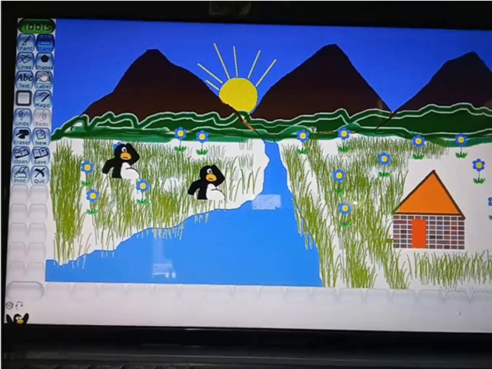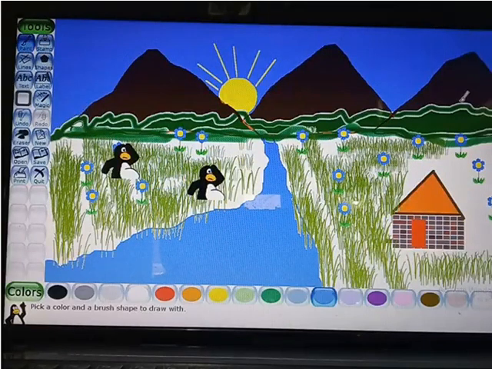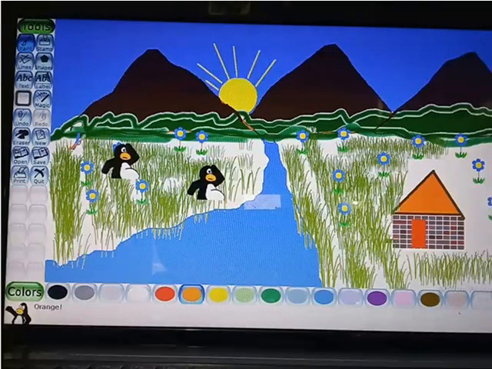Okay, now let's see the several types of brush shapes that are there. We go to the pen, and suppose now I want to draw a tree. First, choose this color. Let's see, this color is not showing well. So suppose this is the stem of the tree I am drawing.